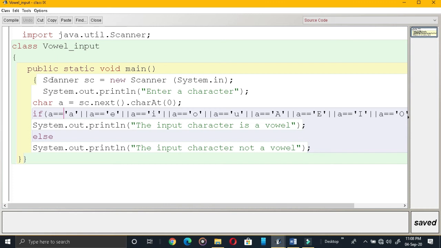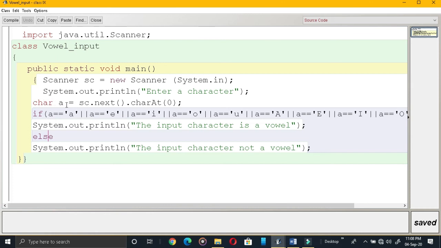So the scanner object I have created. Now this is the message. This will activate the terminal window. What is the message? Enter a character. Now how to read a character? This is the way to read a character. You need to remember this. These all things I have explained there in the previous video. So watch that video if you are not clear about these things. So up to here what we have done, lot of statements are written, but we are getting the input.